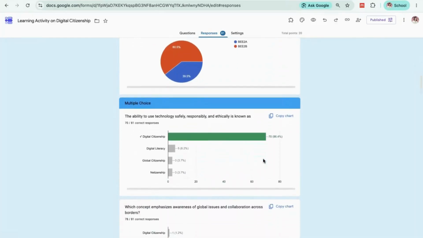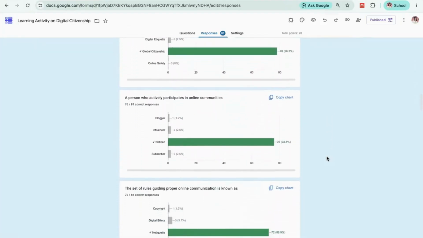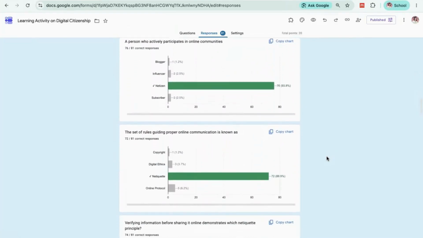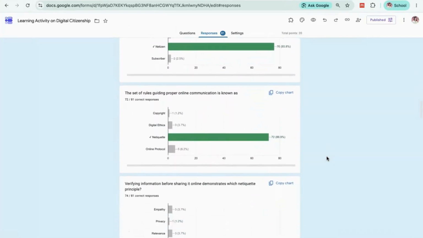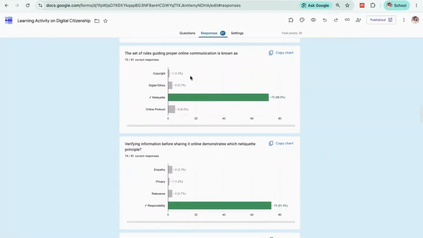So you have the graphical view of each item you had in this quiz or in this form. You have here the graph of each item. You can see how many percent answered correctly and incorrectly, and which option of your question was chosen.